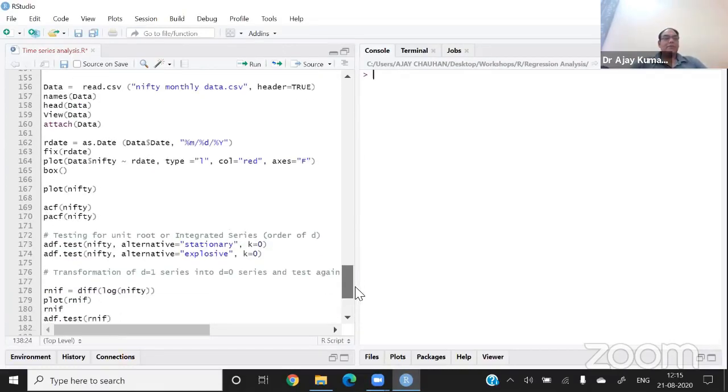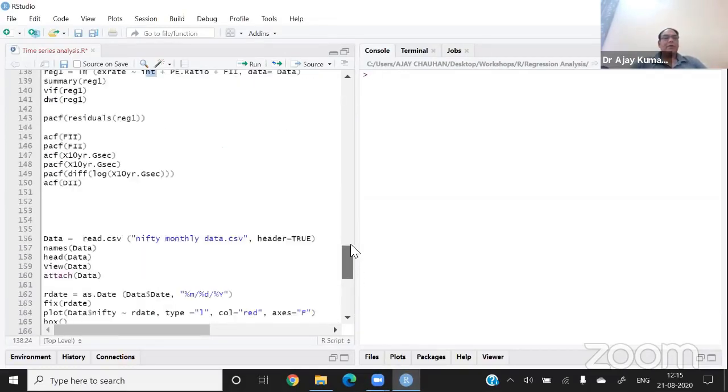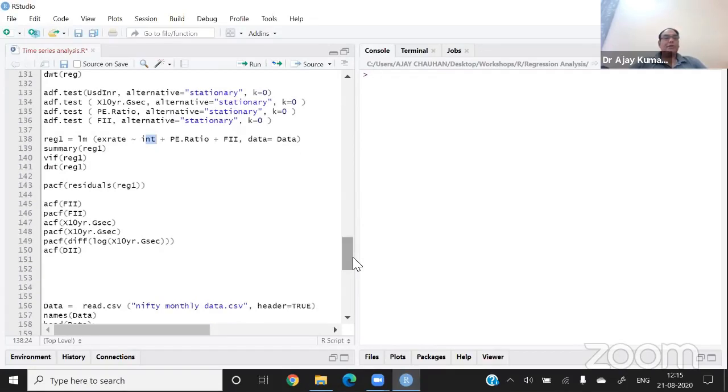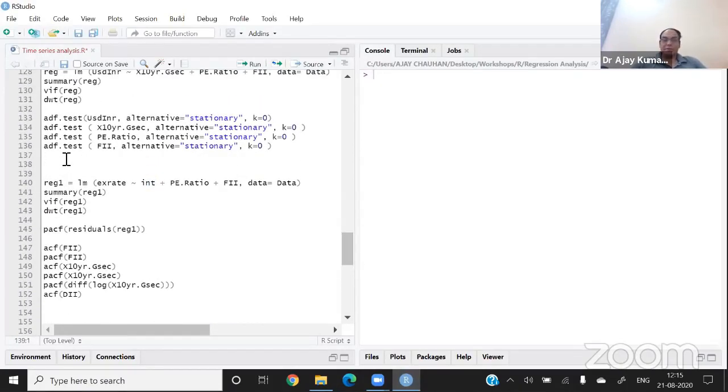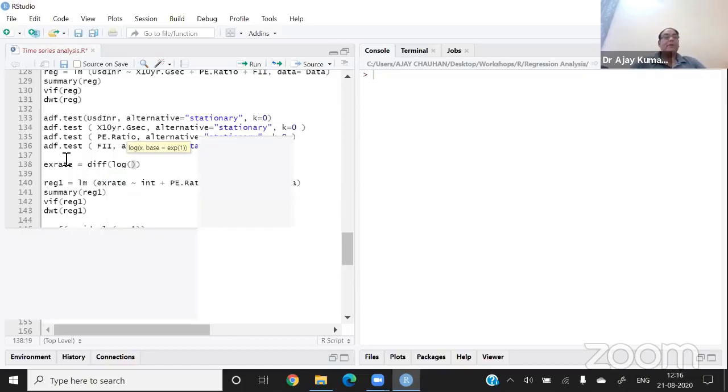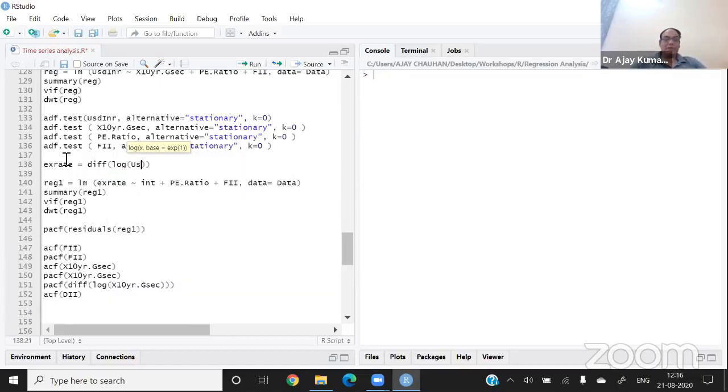Okay, so let me show you which kind of transformation we applied. Let me try it here. X rate is my transformed variable, and I take the difference, DIFF, the difference of the log of the variable called USD INR.